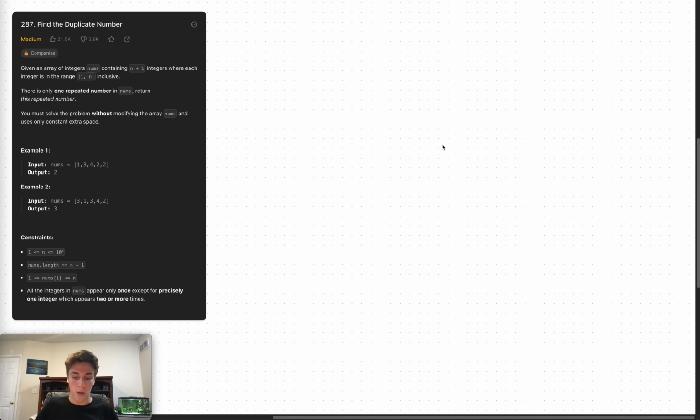And so here we have question 287. Find the duplicate number. Given an array of integers, nums containing n plus 1 integers, where each integer is in the range of 1 to n inclusive. So again, the example here is if we have integers 1, 3, 4, 2, 2, that means that